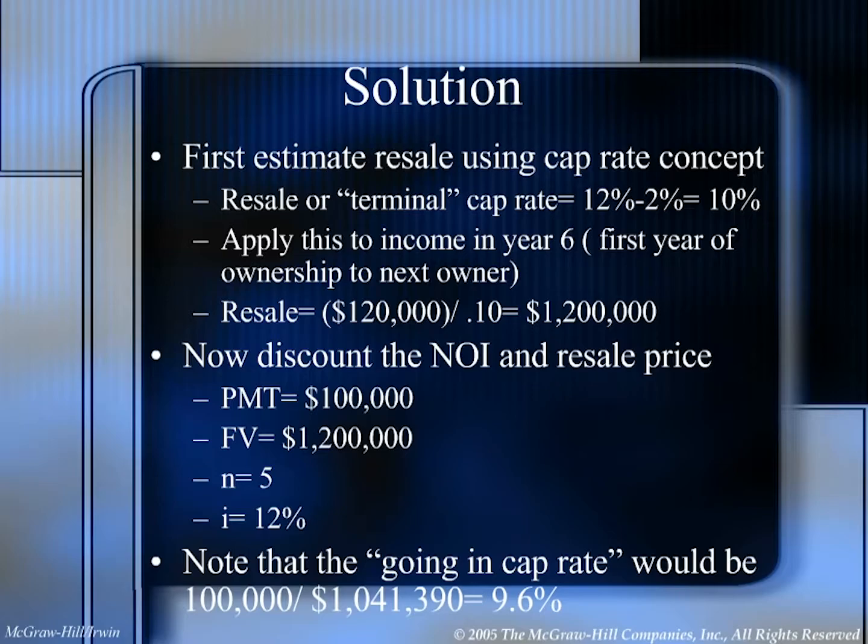Okay? And you see that that is slightly less than the terminal cap rate, which we had at the top of this slide, of 10%. And we'll see that generally that is the relationship, that the going-in rate is slightly below the terminal cap rate. Because what we find over time is that the properties deteriorate and tend to not be able to bring back quite as much income without putting some more money into them. And so without putting more money into them, which we don't see in this example, then we would expect the income to go down a little, so we have to increase our cap rate.